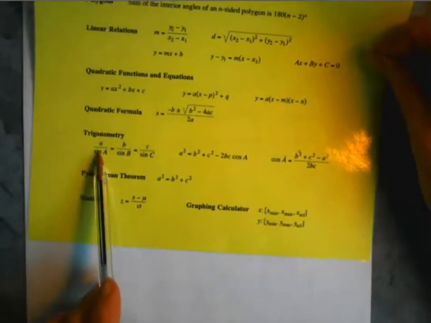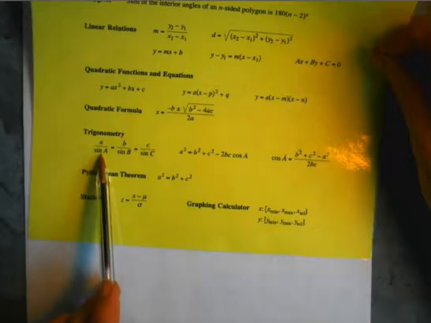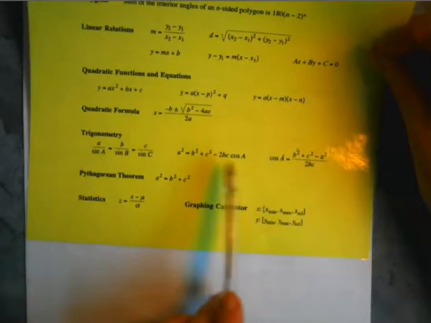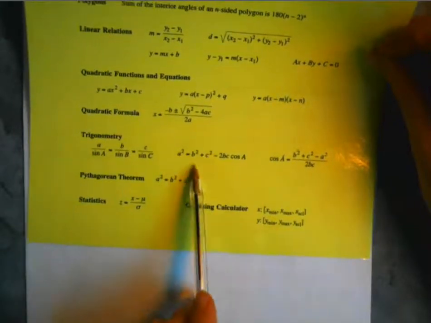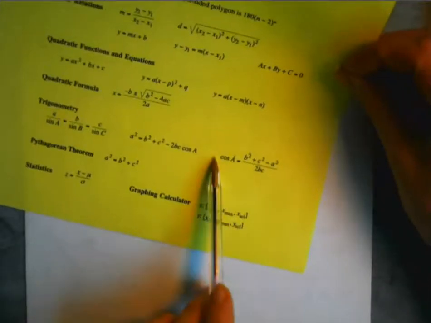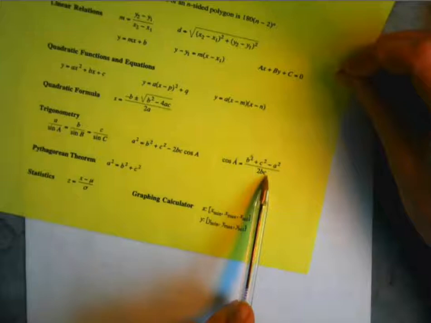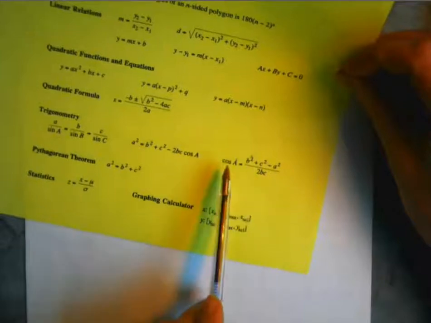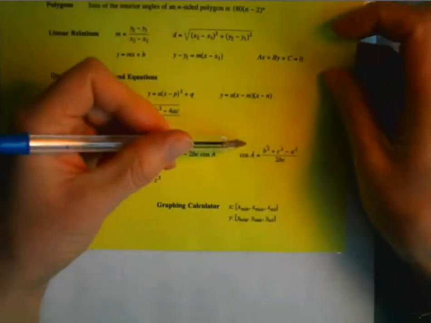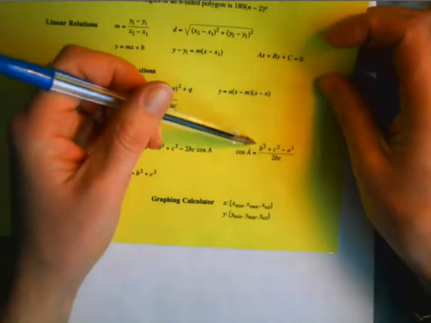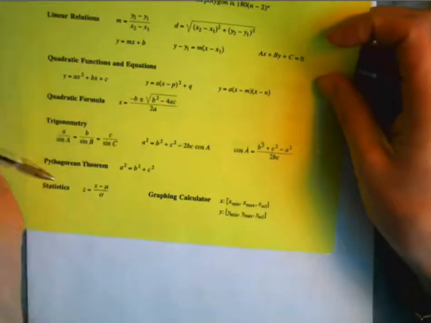Sine law, we can't use it because we would need to have at least one angle in order to use that. So all we're left with is using the cosine law, because we're looking for an angle and the only thing we have is sides, which is exactly what the cosine law gives us. So we want cosine of angle A, so let's call this angle A then. The other thing you want to do, unless you are really comfortable with rearranging, is set your triangle up so that it matches these rules. So if we have cosine of angle A,